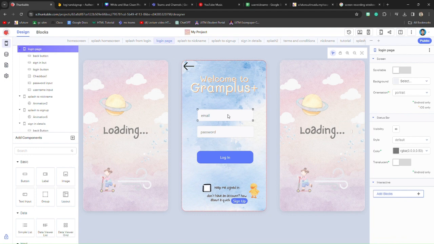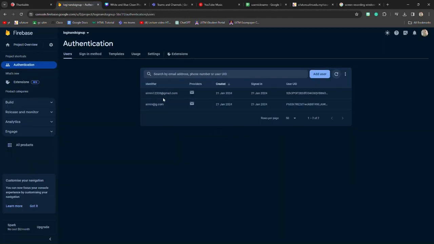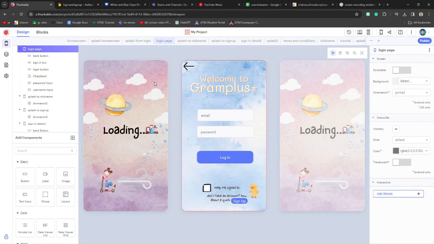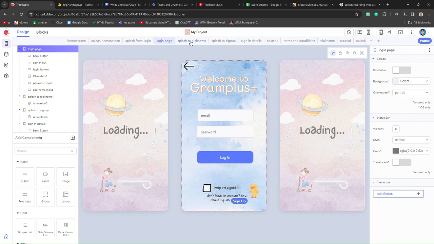Yes. There's an email and password here. It takes the values given and it is stored here on Firebase. These are the values that I've given to it and stored in. Okay, and then there's another splash. Okay, let's say if you don't have